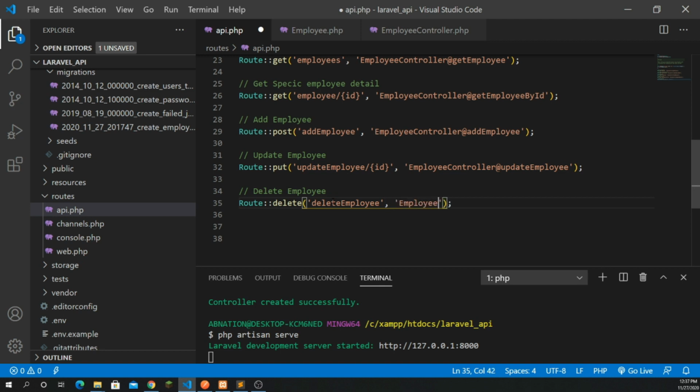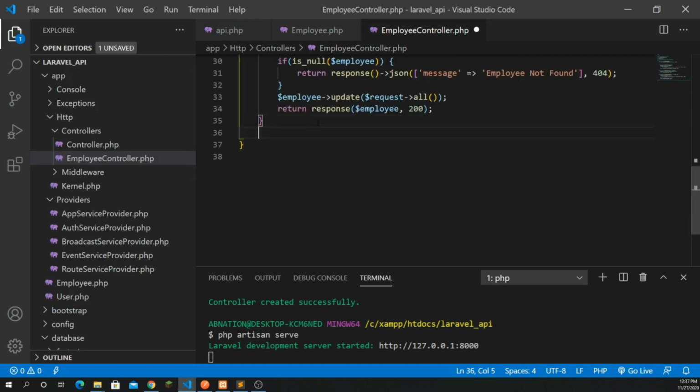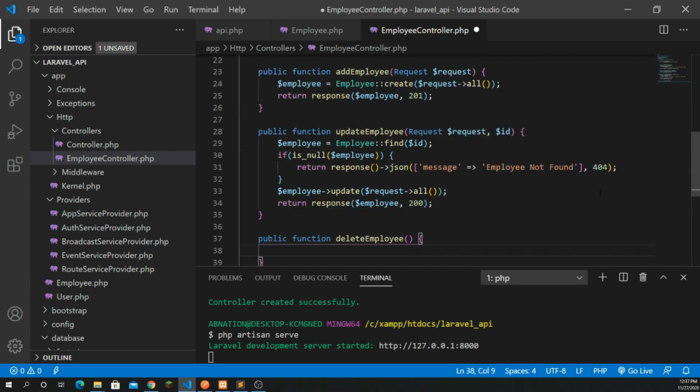So let's write here the controller name, and let's delete the employee, right? So I'm going to copy this and put it here, and public function delete the employee, right? For deleting the employee, all I need to do is pass the request